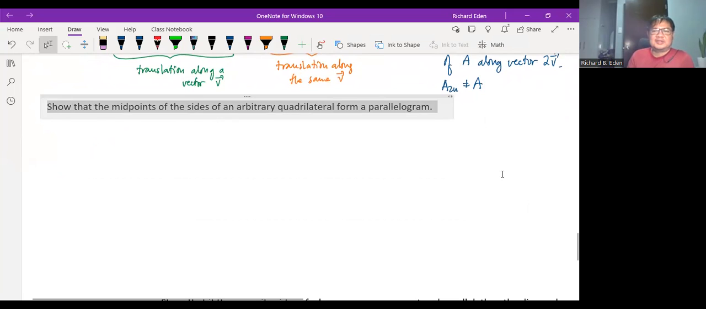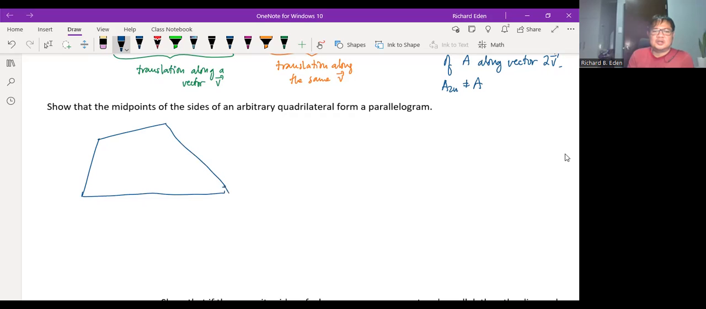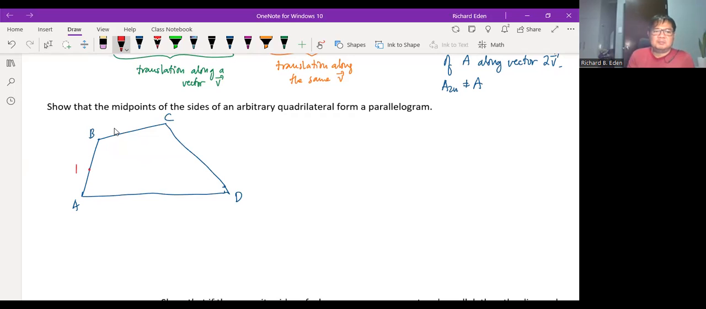Show that the midpoints of the sides of an arbitrary quadrilateral form a parallelogram. Now, of course, pwede itong i-prove without thinking of geometric transformations. So let's just draw, but let's try to see how we can use geometric transformations. So ito, we have A, B, C, D, and then the midpoints are, let's call them P, and then Q, and then R, and then this is